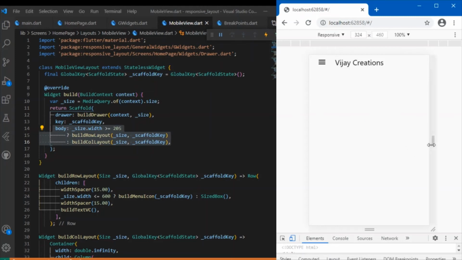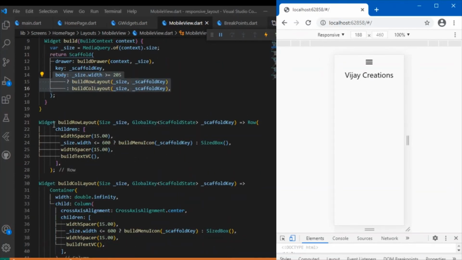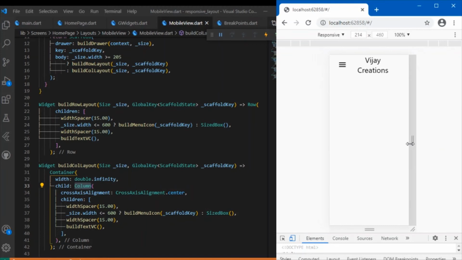And similarly, if the width is less than 205, if you just pay attention to the width over here, if it becomes less than 205, the row just changes to a column. So here is the logic. With the same widget hierarchy, I am just changing the row to columns, just to make it fit with the layout.